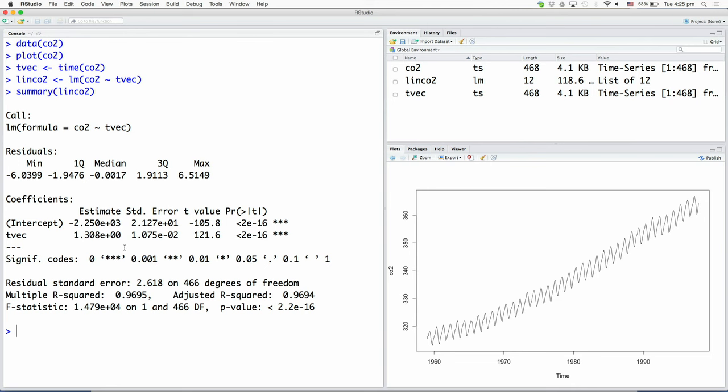Now, the question is if this linear model is sufficient. We have discovered that this linear model has significant parameters in it. To check that, we can look at the residuals. For example, we could plot the residuals. The nice thing about RStudio is it tells you whether the field that I am typing is a valid field in the LinCO2 model, and by default it may plot a scatter plot.